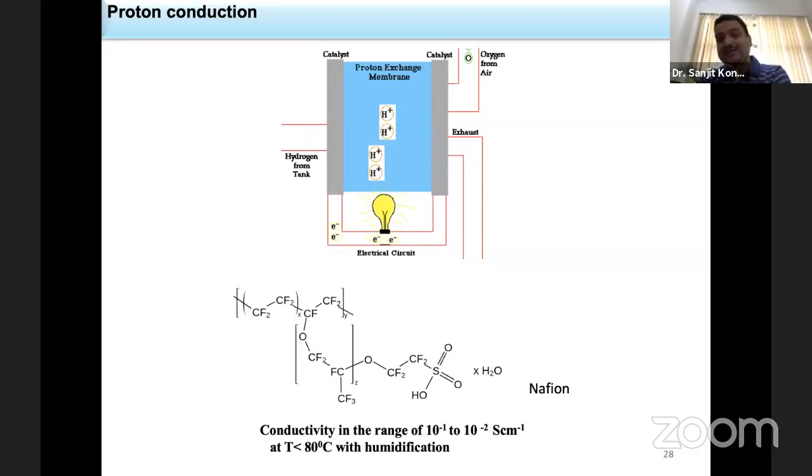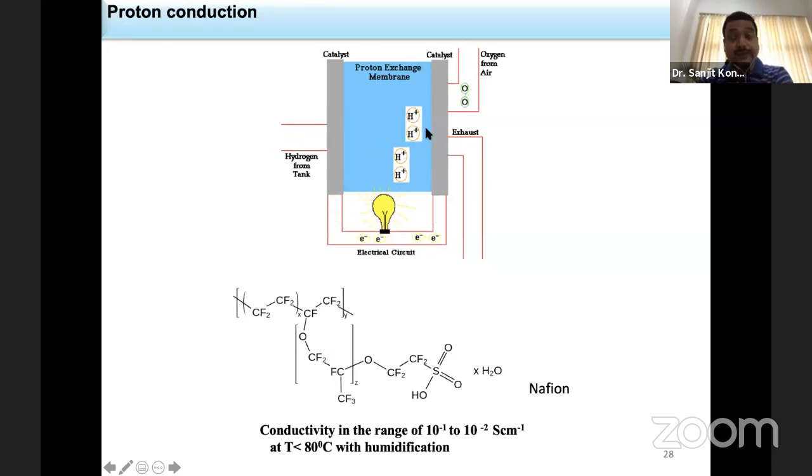So what is the challenge here? Hydrogen can be split into H plus and electron. It can also combine with the oxygen over here to give you the water. Perfectly fine. So what is the problematic part here is that this proton exchange membrane should transport only H plus, not water, not electron. And it should be stable in presence of water, because it should keep in touch with the water